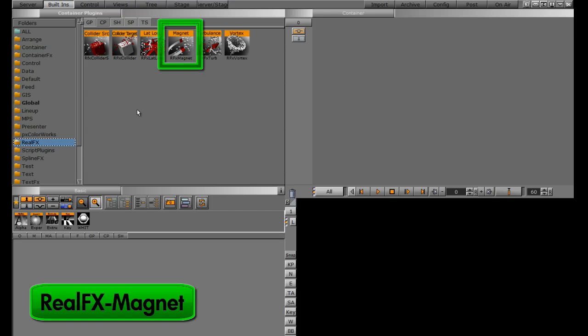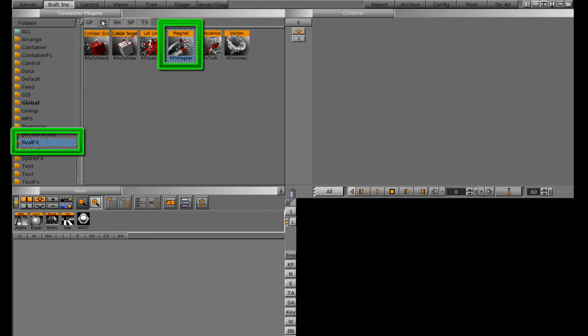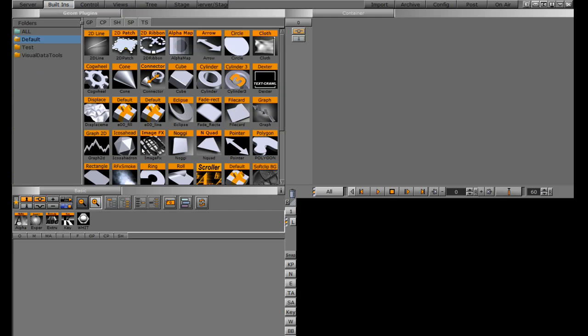In this video, we're going to discuss the magnet function. The magnet function is found within the built-ins, the CP tab, and the Real FX folder. To get this function to work, we actually need to go into our global primitives and use it on an RFX smoke. Now, when we drag this RFX smoke down, it just looks like a bunch of particles coming